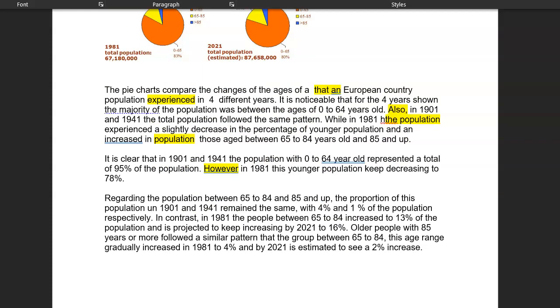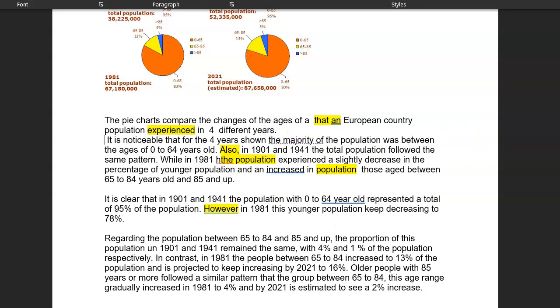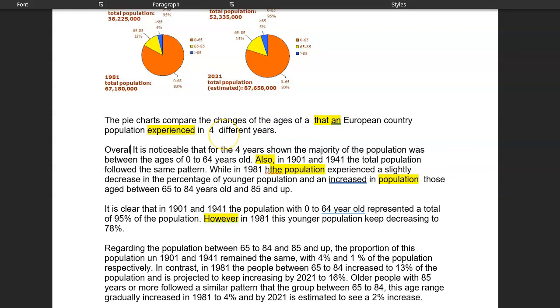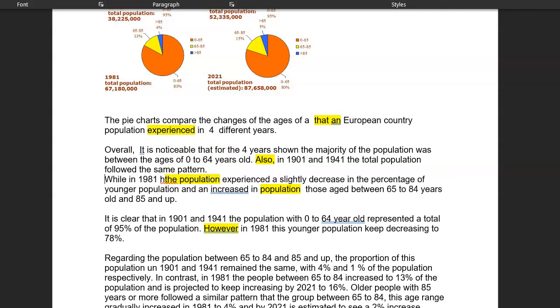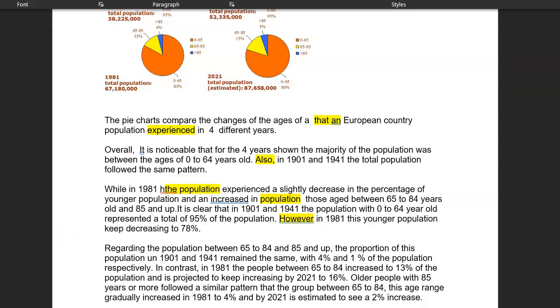Now let's just get the structure of this right. You kind of want an overall sentence. So overall, it's noticeable that... Okay, and then I build this into a new paragraph. So for me, you need a clear 4-paragraph structure. So your first line, then your overall, that's like your overview, okay? And then here you're getting into more specifics, okay?